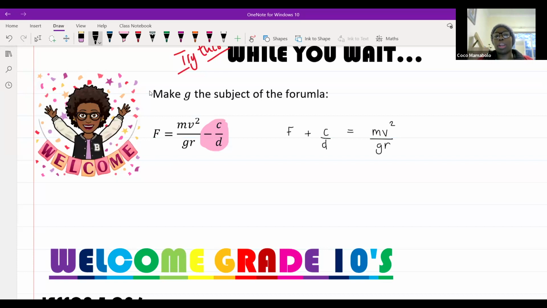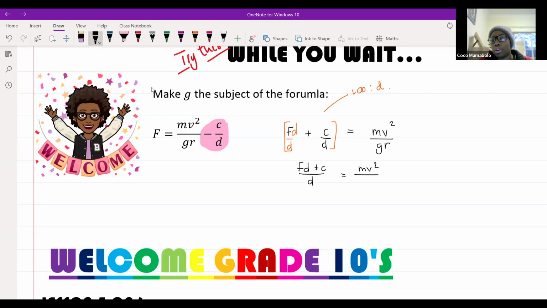Now, what I'm going to notice next is that this D in the denominator is going to give me a real problem when we are looking to move things around. So I'm going to change this part into one whole fraction. I'm going to find an LCD of D. If I want to put this over D, I'm going to have to multiply the top by D as well. So on this side, I'm going to get FD plus C over D is equal to